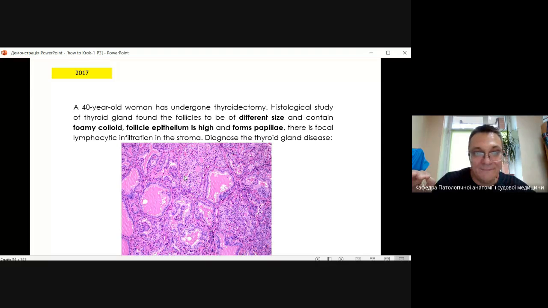Okay. Next question, that's about a 40-year-old woman. She has undergone thyroidectomy. Histological study of the thyroid gland found the follicles to be of different size and contain foamy colloid. In fact, those are resorption vacuoles. Follicle epithelium is tall and forms papillae. You see the papillary structures here, but that's not papillary cancer. That's something different. There is focal lymphocytic infiltration in the stroma, just focal, not really prominent. Diagnose the thyroid gland